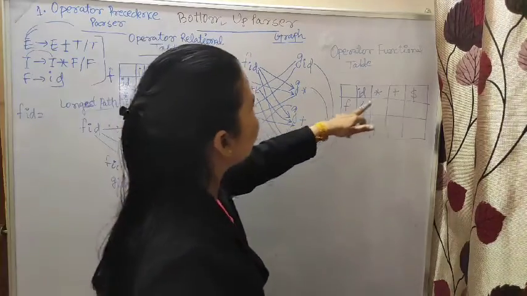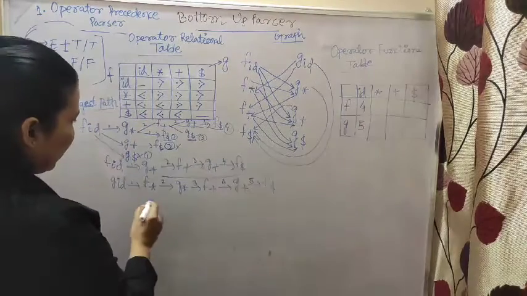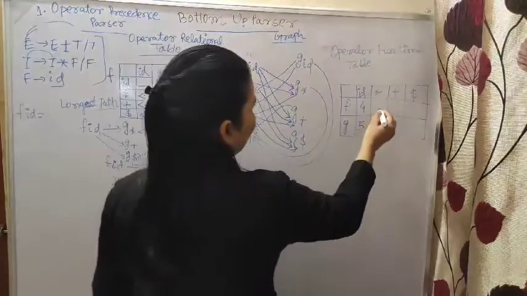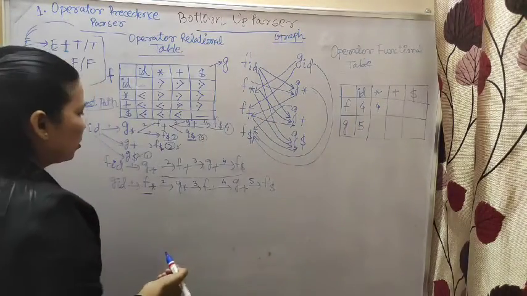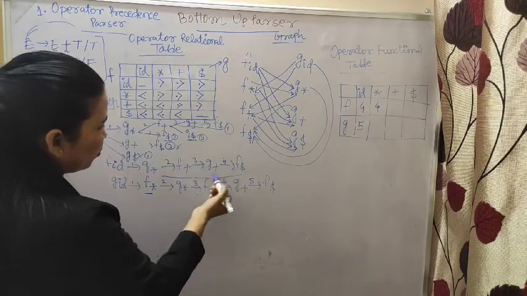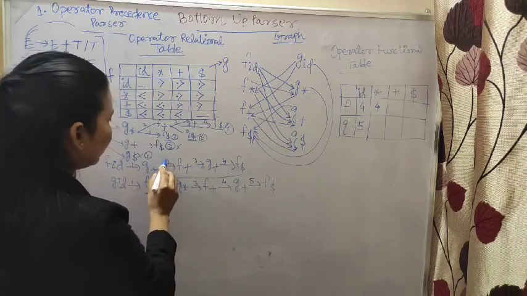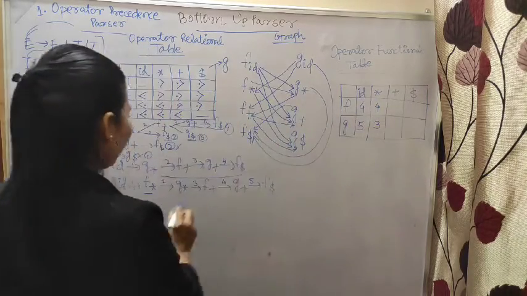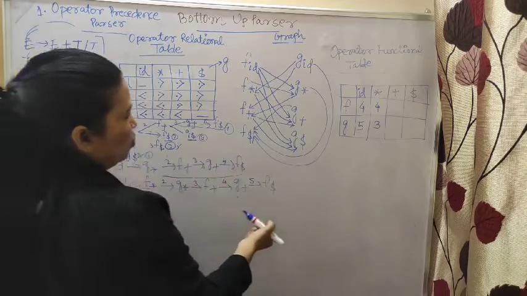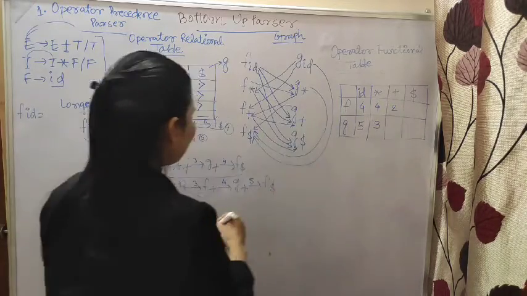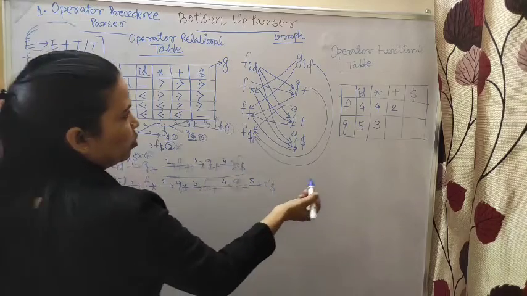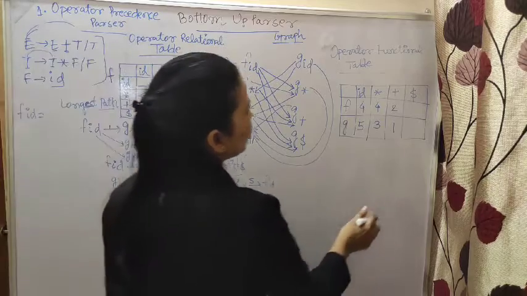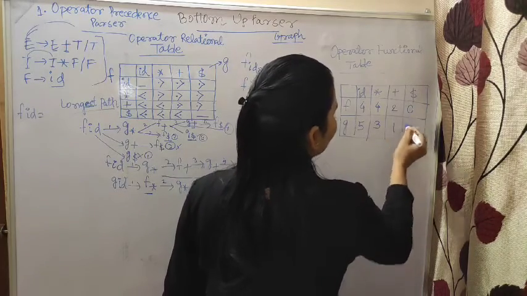Now we are checking F star. F star where is it given? Here. F star is 1, 2, 3, 4. Now G star, from here also G star is 1, 2, 3. If you check from here also, 1, 2, 3. Then write 3. Now F plus. F plus is 1, 2. G plus is single, 1. Dollar is in the last, so write down 0, 0.